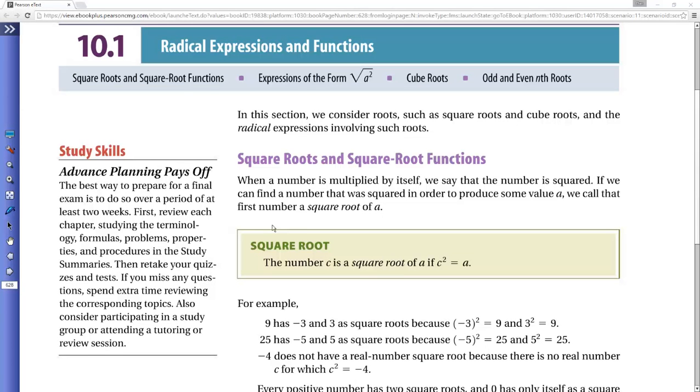Chapter 10. We're going to start with radical expressions and functions, and they're going to do a couple things to make sure that they have a function, and we'll talk about that as that comes up. But the first thing we're going to talk about is these radical expressions, with roots, what they call it, which